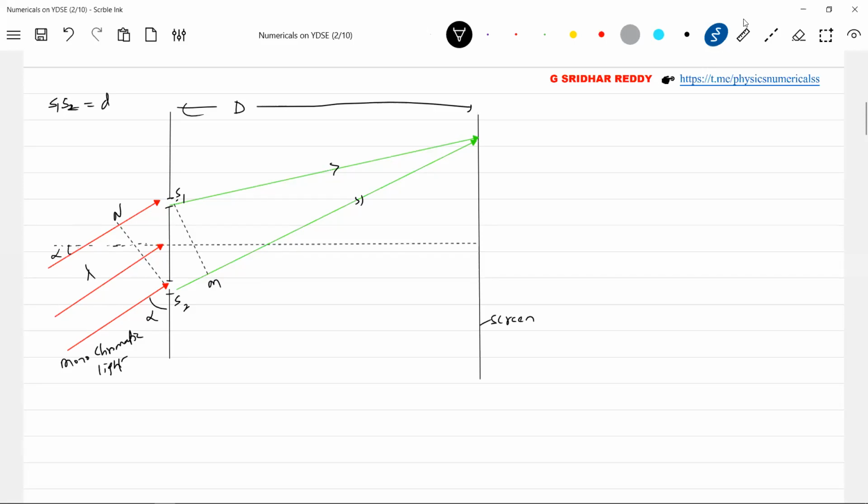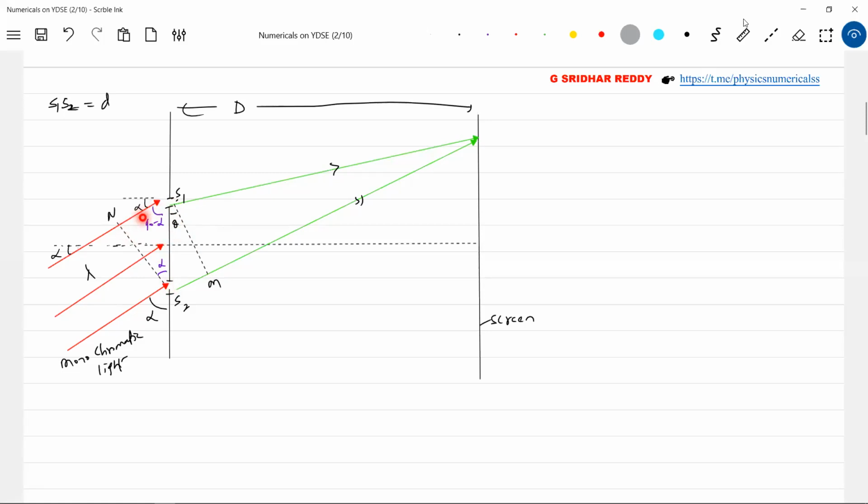What is the path difference? How to calculate this particular thing? Now this is making an alpha. What mathematics can we bring here? If you want, you can draw one separate diagram and analyze. If this is alpha, then how much should this angle be? This should be 90 minus alpha. Then what is this angle? This should be alpha. What about the angle inside? Let me take some theta. As usual, there's no problem with this triangle S1M S2. We have already discussed so many problems on this. This is the new thing you are finding out.